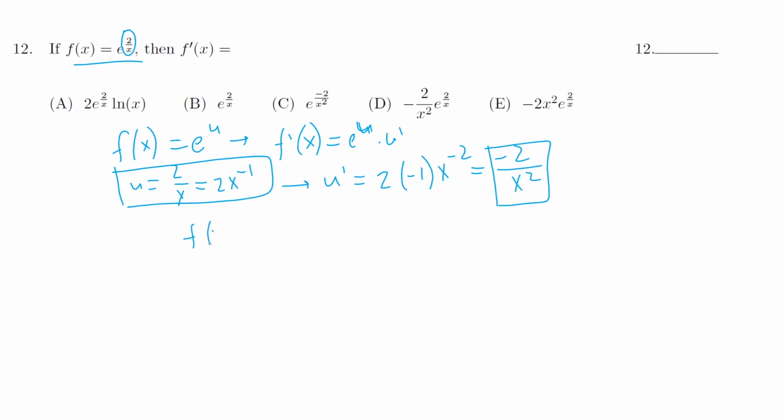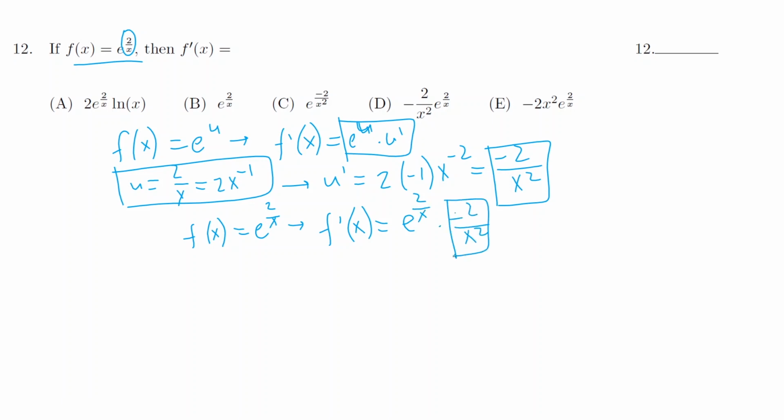So if f of x is equal to e to the power of 2 over x, therefore f prime of x is going to be, again, taking this e to the u, so e to the 2 over x times u prime. U prime is negative 2 over x squared. All right, so that's our answer. Which one is the one, right? It seems like it's D. So let's move on